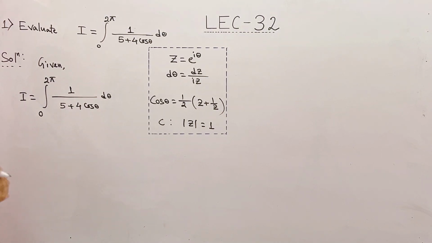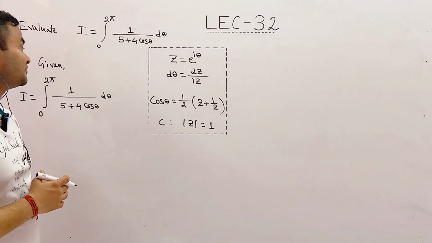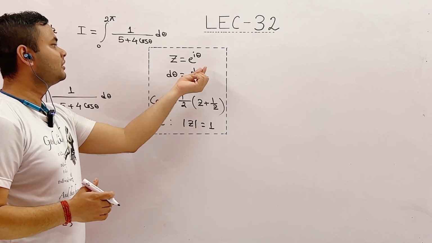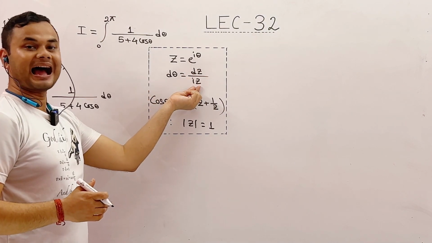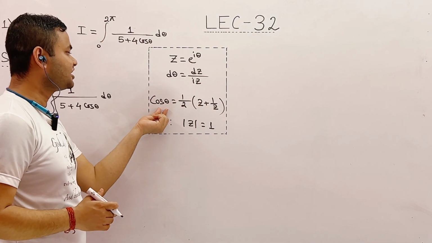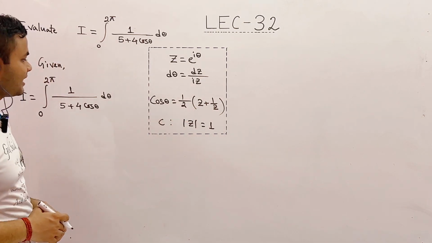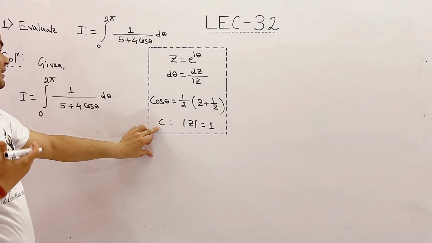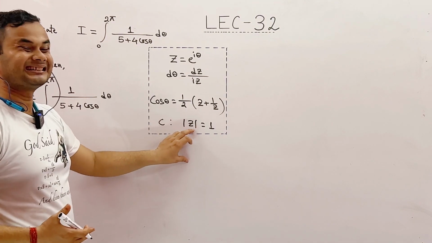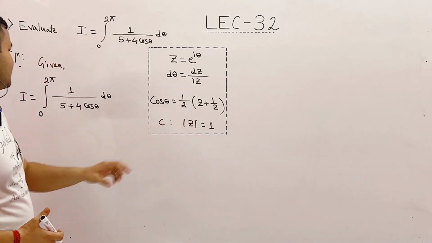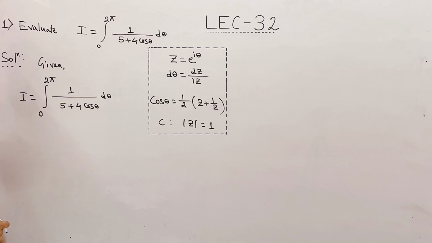Students, in my last section, I had already mentioned that dθ is equal to dz divided by iz, and cos θ is equal to 1/2 into (z + 1/z), and C is the unit circle having center at z equal to 0. So, after substituting we will get